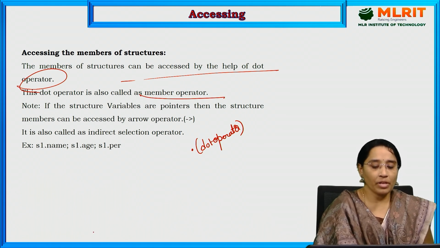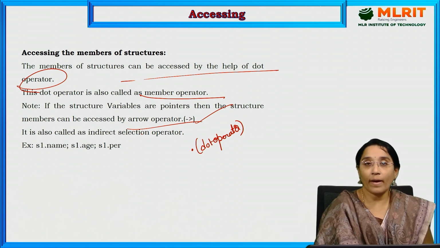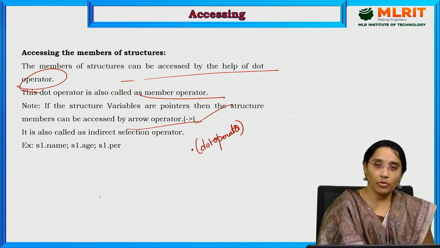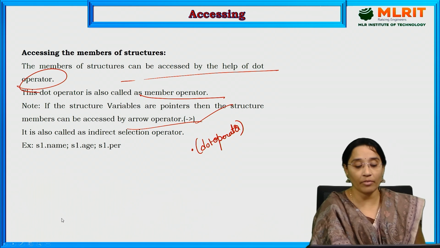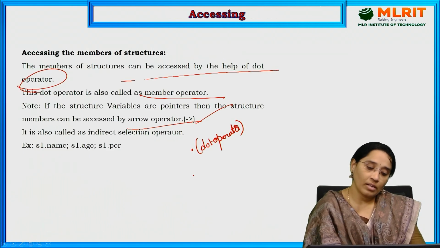If the structure variables are pointers, then the structure members are accessed by using the arrow operator. That we will discuss in a later session. It is also called the indirect selection operator. So normally, if you want to access the members of the structure, you have to use the dot operator with a variable. In the previous data, what we have seen is name,